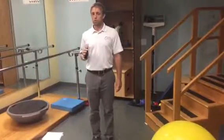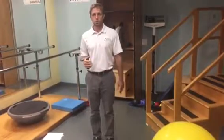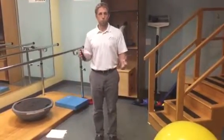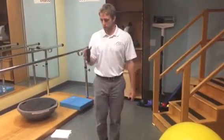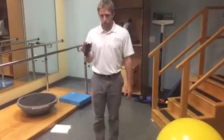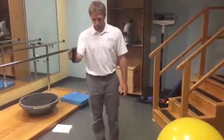This movement is going to go through a pressing motion that also involves somewhat of a stepping strategy, to try and work into more of the pattern of coordinating my arms and my lower body to work together. So I want to step far enough away from this band that there's a little bit of tension when I start. And if this is the hand that's moving, typically I'm going to start off with this arm out